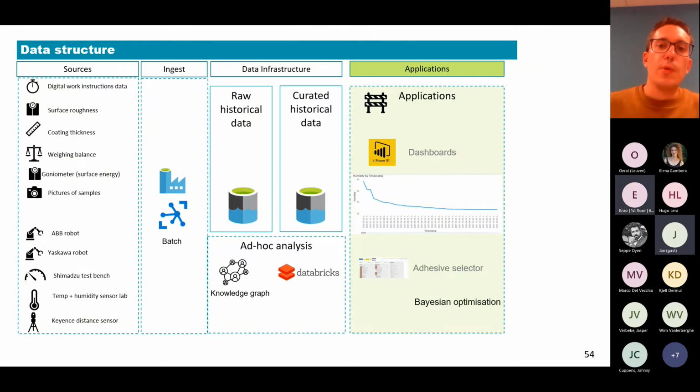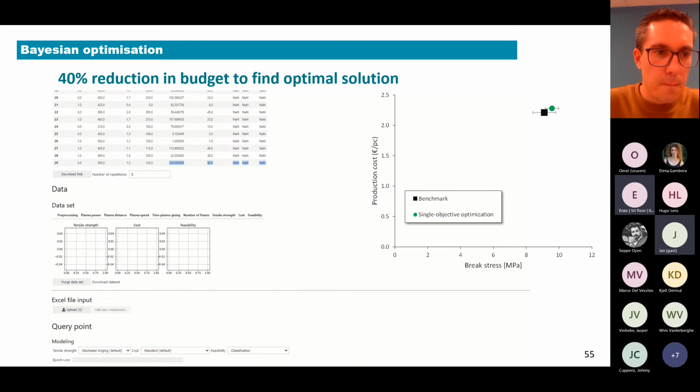And then the last application that we built was a Bayesian optimization model. So it's an AI-based model which helps you to find the optimal process settings with the least amount of experiments. So the idea here is that you first load an initial set of data to the model. So if you look here, you can already get an idea from the tool of what the initial experiments are that I should do. Then you perform them, you fill in or complete an Excel file, you upload it